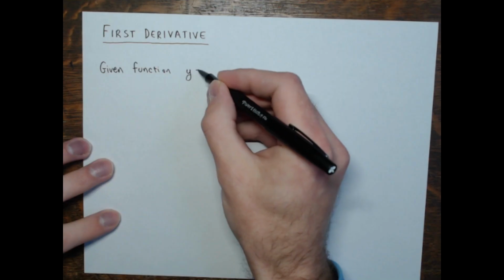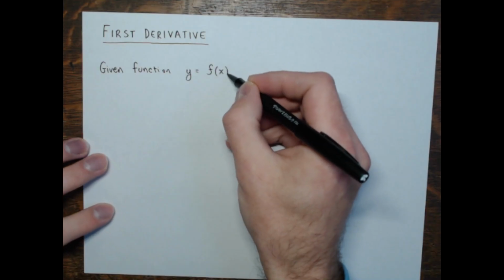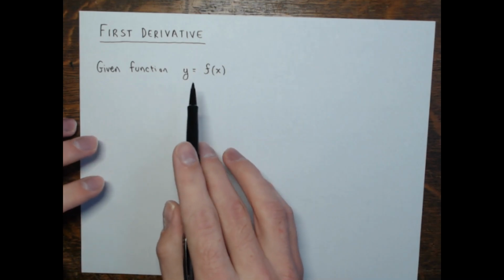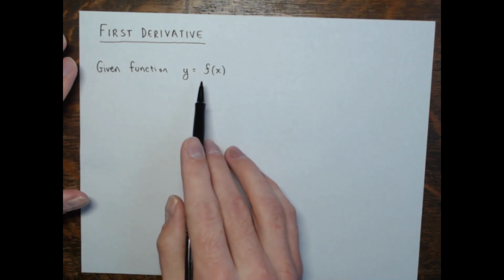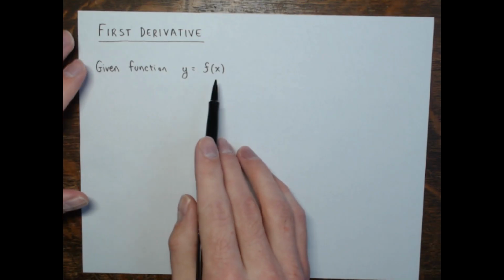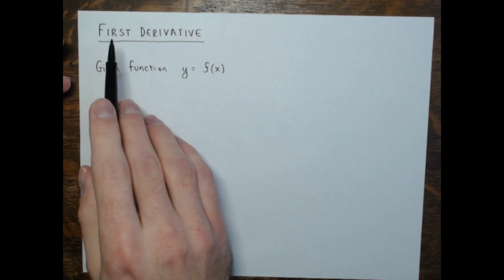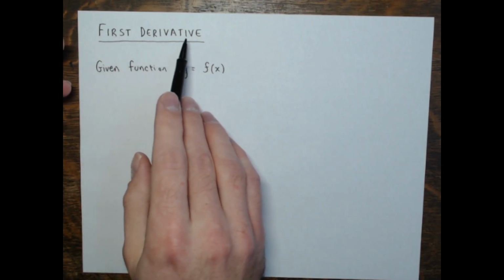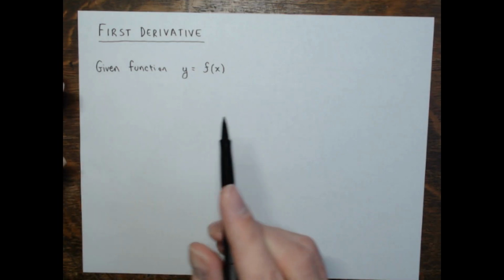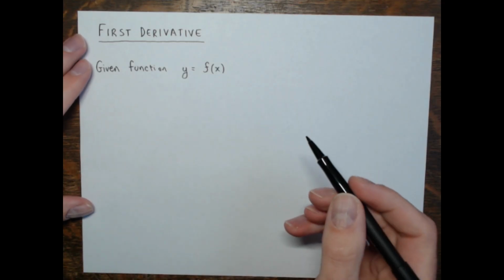Now, of course, when I say we're given a function, say f of x, y equals f of x, I'm assuming that we have a differentiable function, right? The first derivative exists over its domain, because it would be silly to talk about the first derivative if the first derivative didn't exist. So given a differentiable function, say f of x,